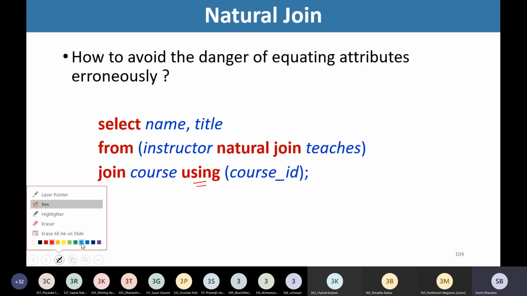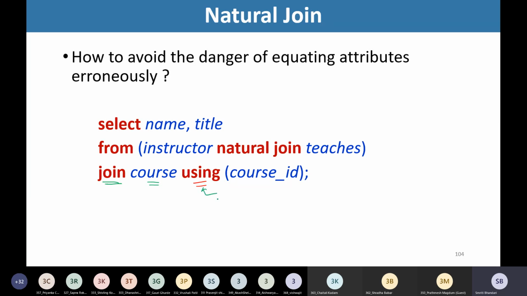Now see here, instead of natural join, we are making use of simply join. Right? So the result of this natural join is simply joined with another relation, course.